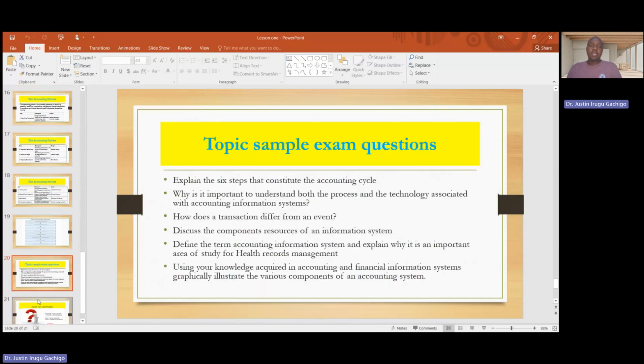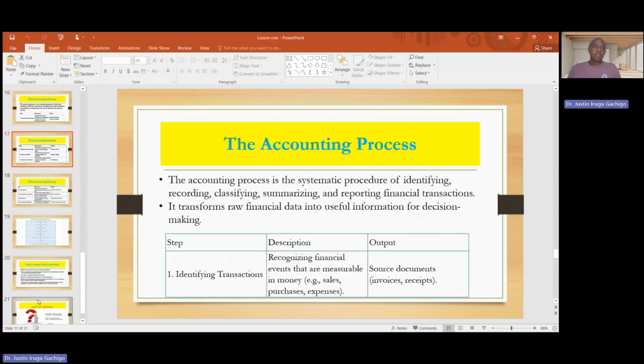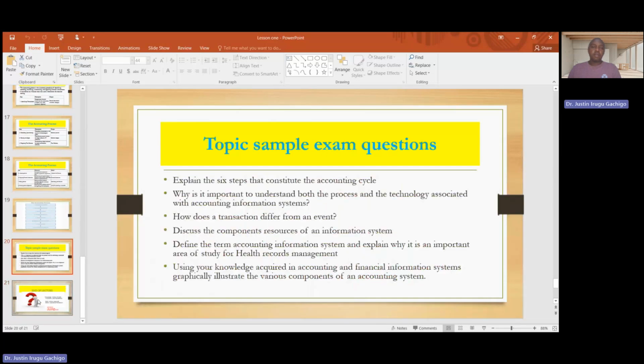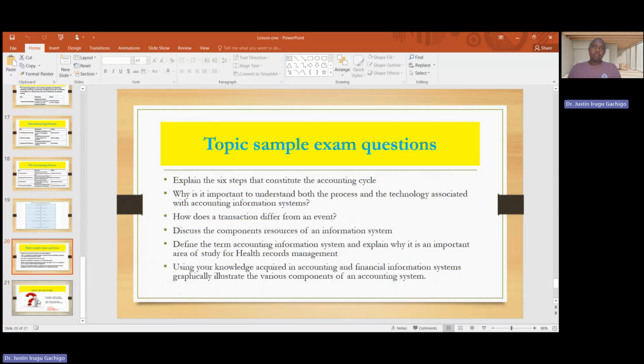So now that brings us to the end of this particular lesson. It's a short one, but it's a relevant topic. These are the topical sample exam questions. So you may need to look at this question,